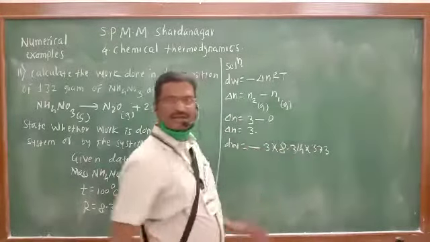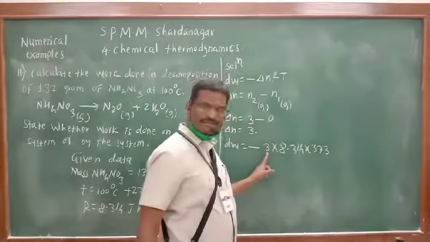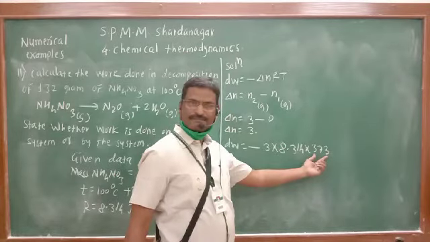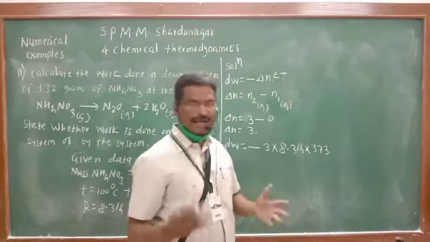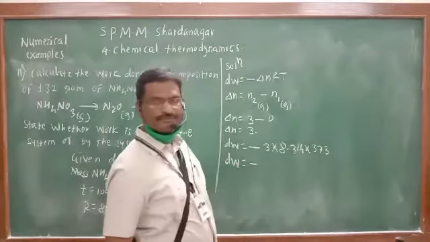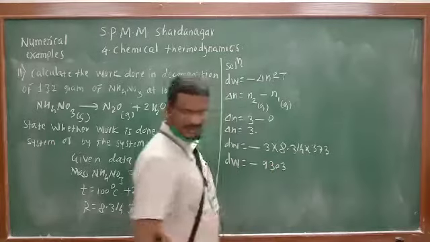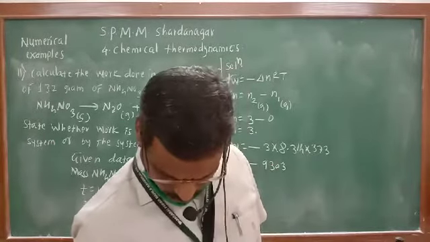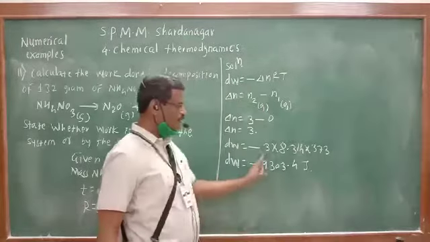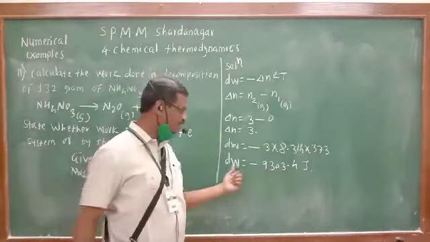And if we solve this correctly, how to solve this? Log of 3 plus log of 8.314 plus log of 373. Do the summation and then antilog, so that you will get the final answer. dW is equal to minus 9303. The correct answer over here is minus 9303.4 Joule. If we solve this by taking the log and antilog, you will get this answer. That is the work done in Joule.